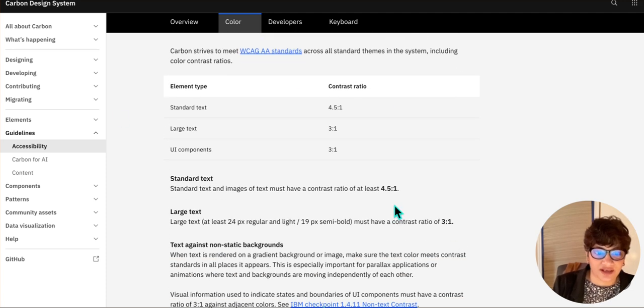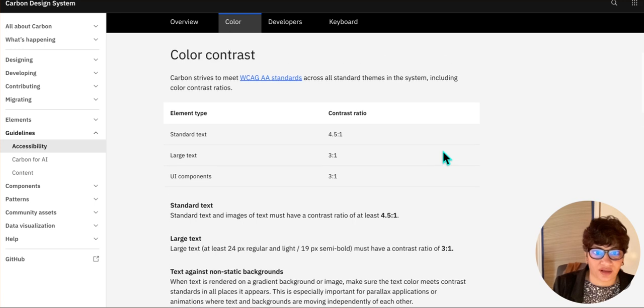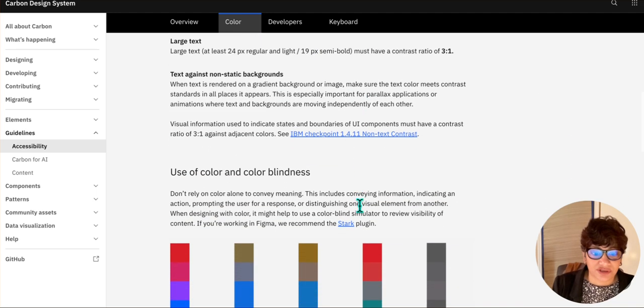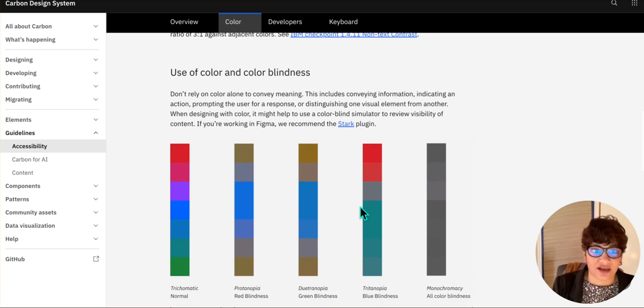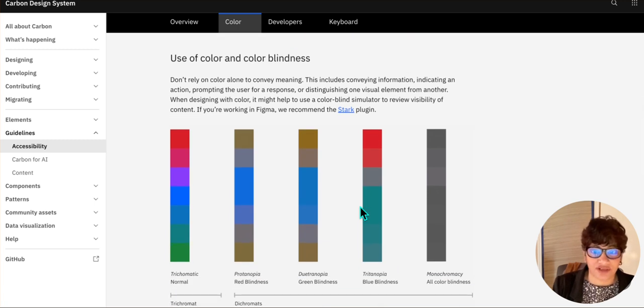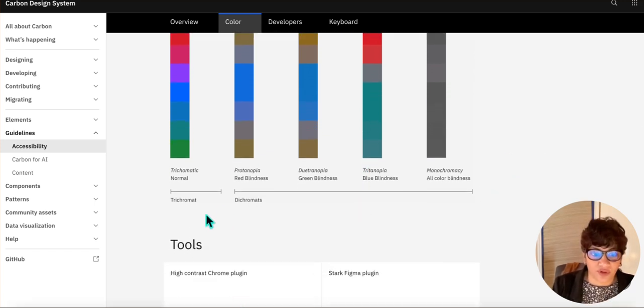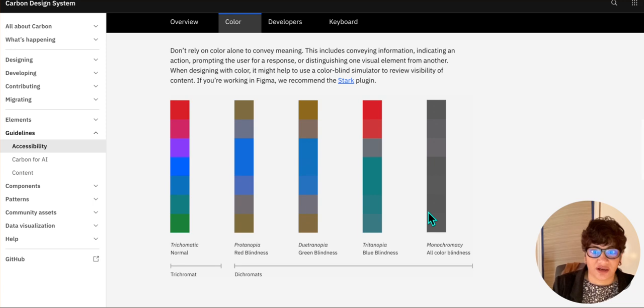Yeah, so it does take care of your color contrast to a WCAG AA standard, which for standard text is 4.5:1, large text 3:1, and UI components 3:1, right? This is your contrast ratio that we're talking about. All right. So they do take care of that. There is a very important aspect of not relying on color alone to convey meaning. That's been taken care of for all of these different color-blind